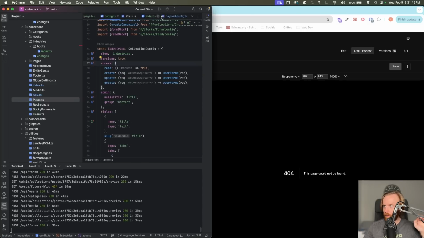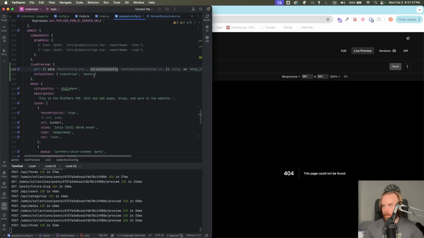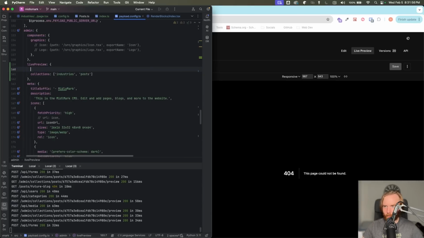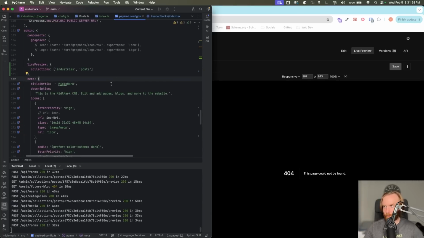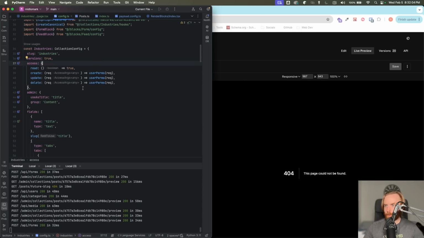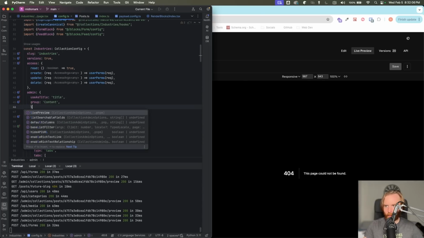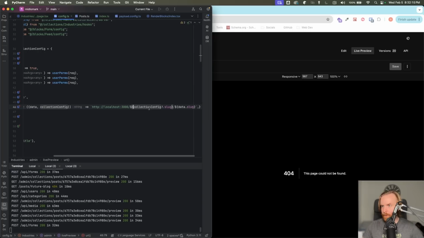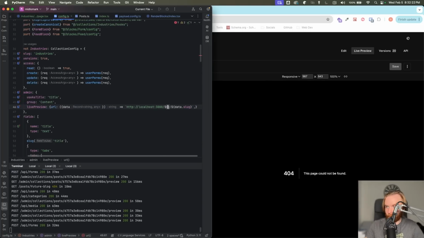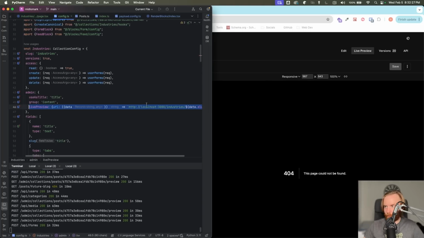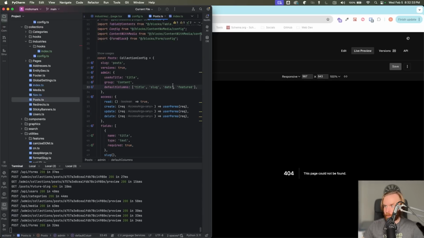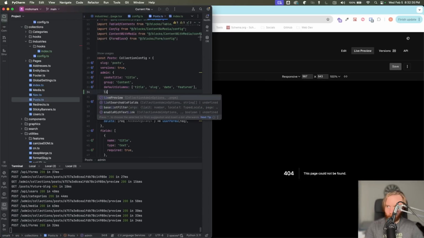And there's our payload config. Let's take this. So we'll just cut this for now. I don't think it's required. Does not seem it's required. We'll come to our industries config where we'll add live preview, which we'll set to be, instead of collection config, we can just set this to be industries. And then if we go over to our posts config, we should just be able to add here our live